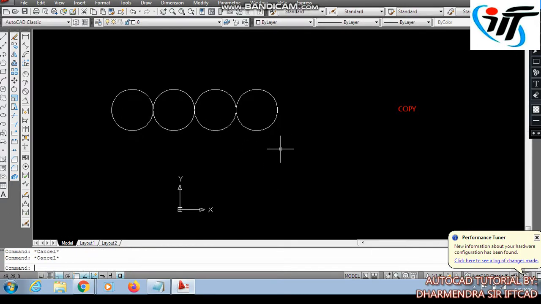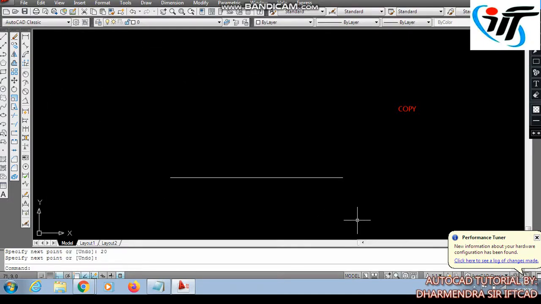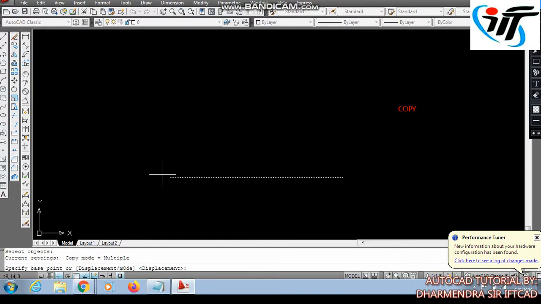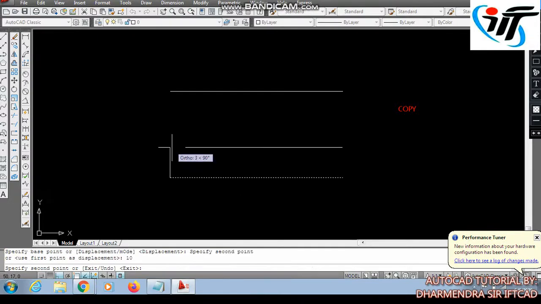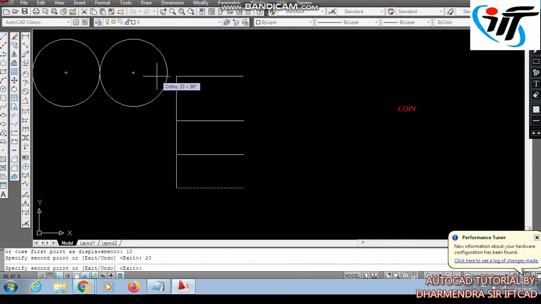We can apply this command on lines as well as rectangles. L enter for line. I am drawing a 20 mm line and using copy command for copying the object. CO enter. Select object, enter. Specifying base point, then providing distance 10 unit, 20 unit, 30 unit.